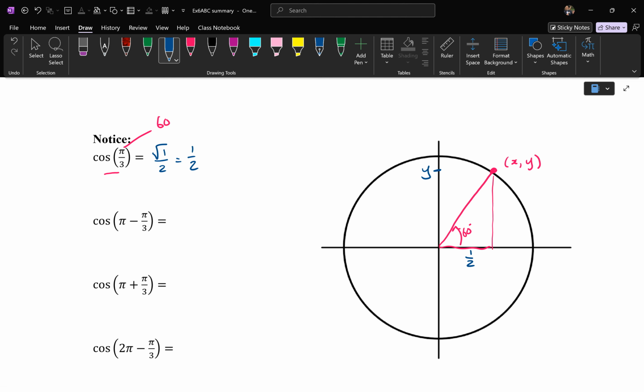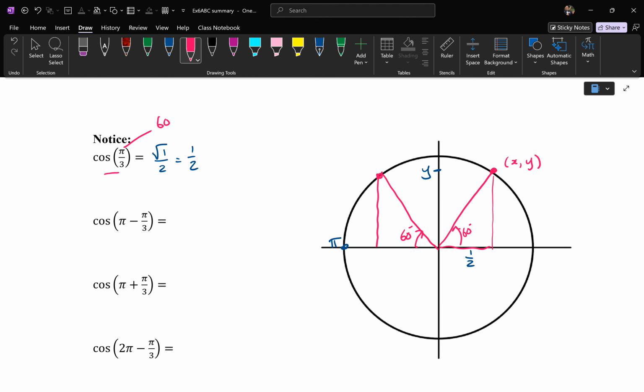Symmetry properties is about using that one triangle we got in the first quadrant, and we use it for all other quadrants. So here we go. This is what they're trying to say. If I went all the way around, all the way to this side, at this point I'm at 180 degrees. But 180 degrees is equivalent to pi radians. What we can see is that starting from pi radians, if I then went backwards by 60 degrees,